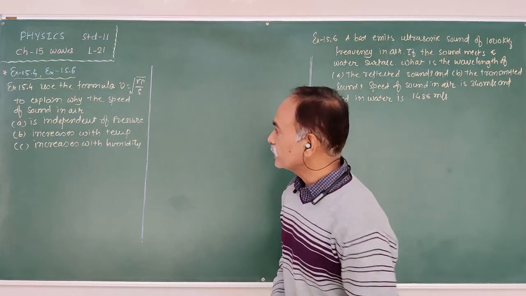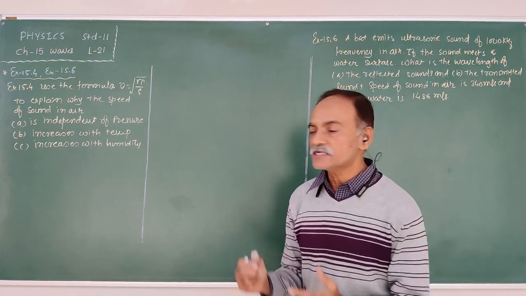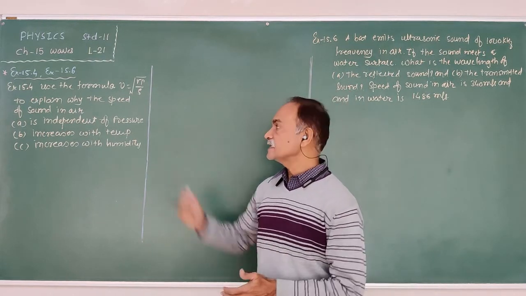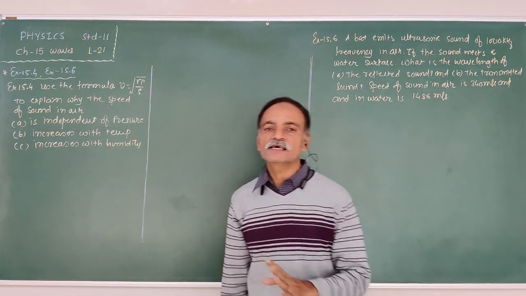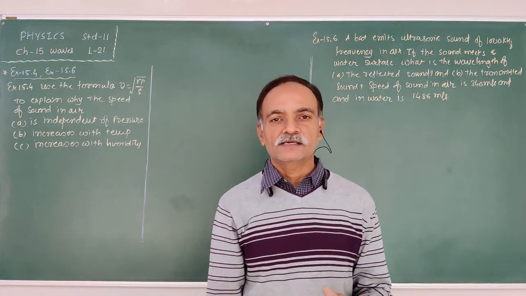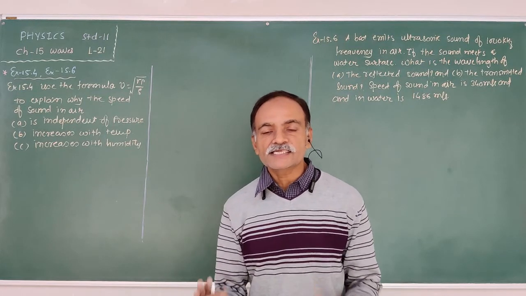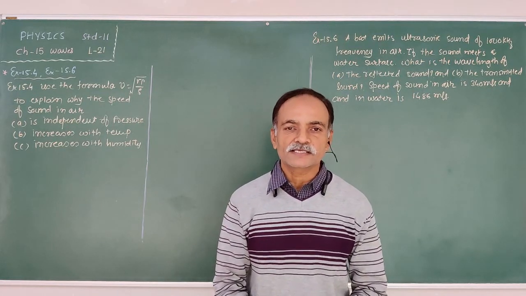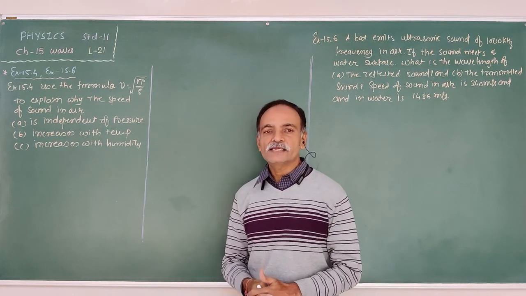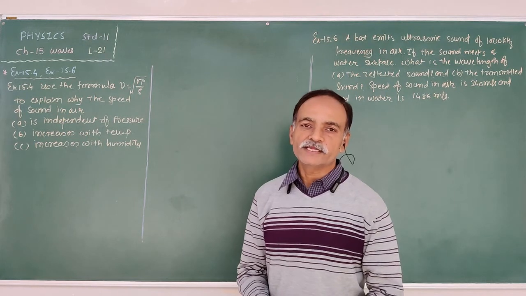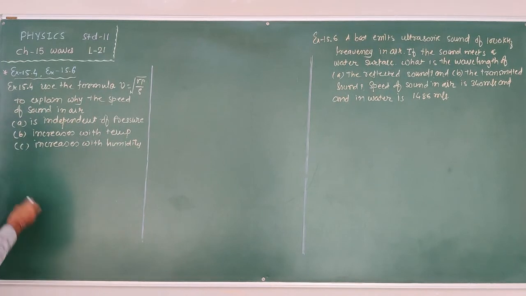We have to prove that the speed of a sound wave in a medium is independent of pressure. In spite of the pressure being present in this equation, it is independent of pressure. Second, the speed of a sound wave in an air medium increases as the temperature of the air medium increases. And next, it also depends on the humidity, increasing with the humidity. So for that purpose, the given equation